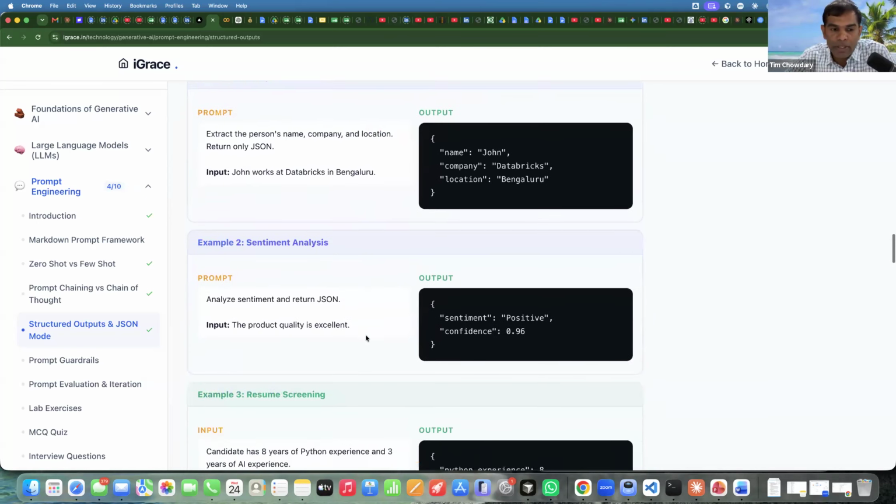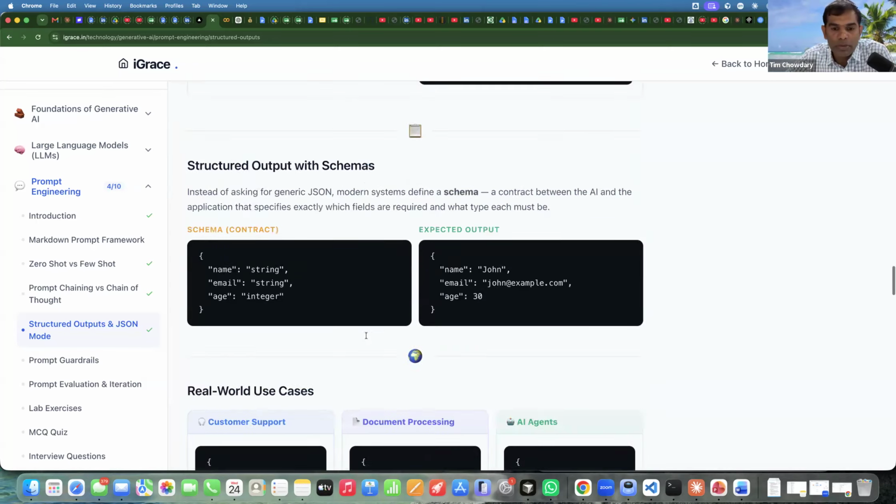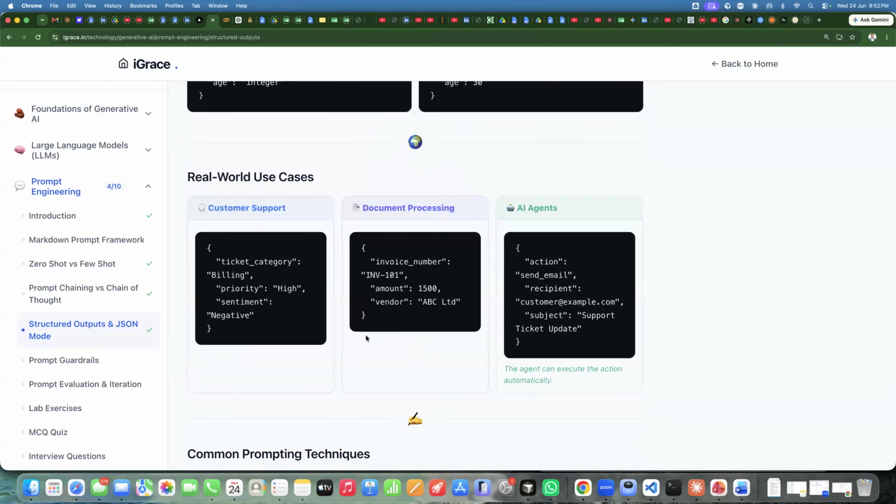I'd like to take a pause. Clear? Yes? No? Yeah, hi team. Please correct me if my understanding is correct or not. So do you mean that in zero shot and few shot, no agents will be involved? For the remaining techniques like prompt chaining and chain of thought, the agents will get involved.